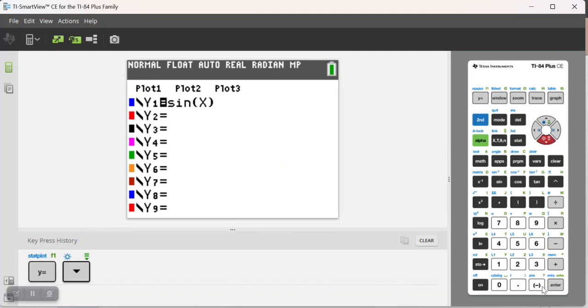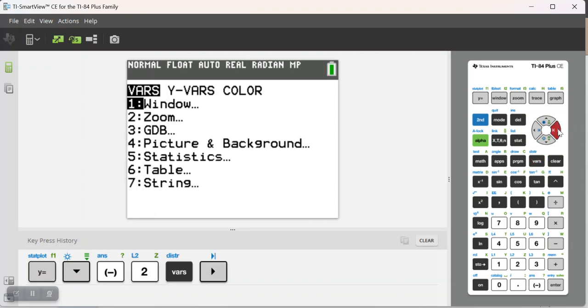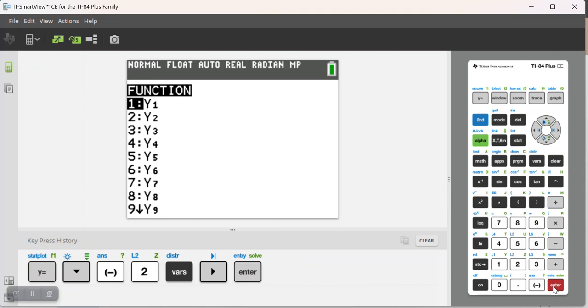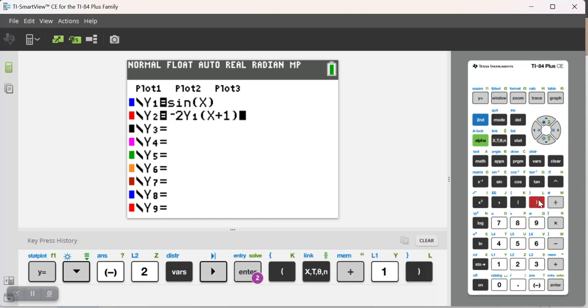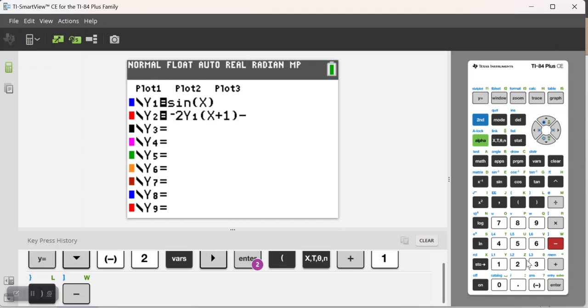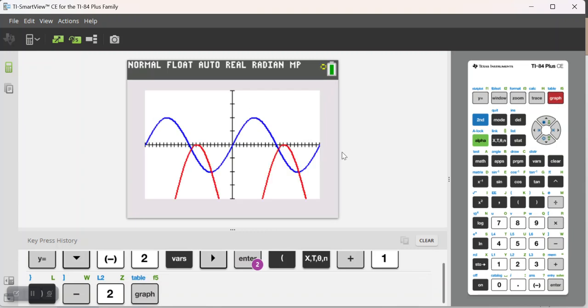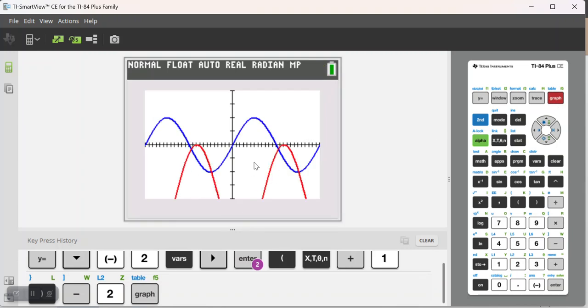Let's say I want to have -2 times y1, or sine x, evaluated at, I don't know, x plus 1, and then -2 after that. And now I can graph that, and I get my original function in blue, and I can see where my transformed function is